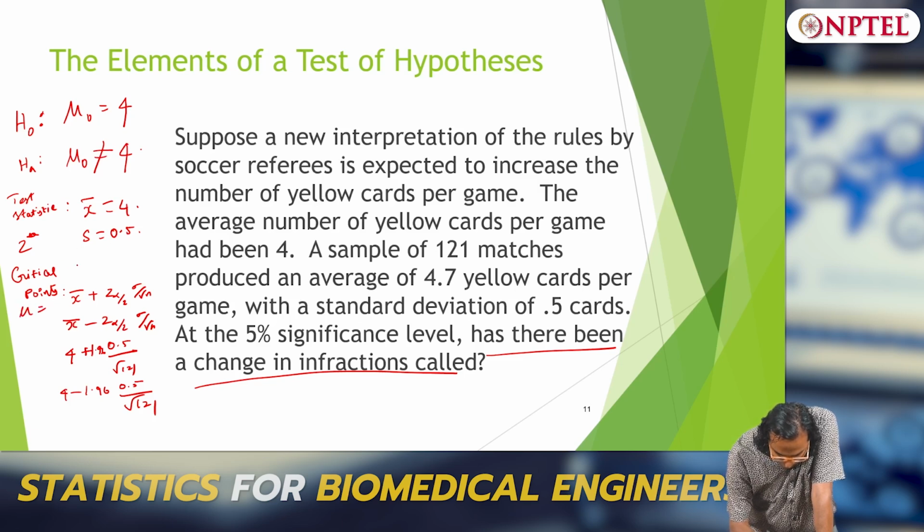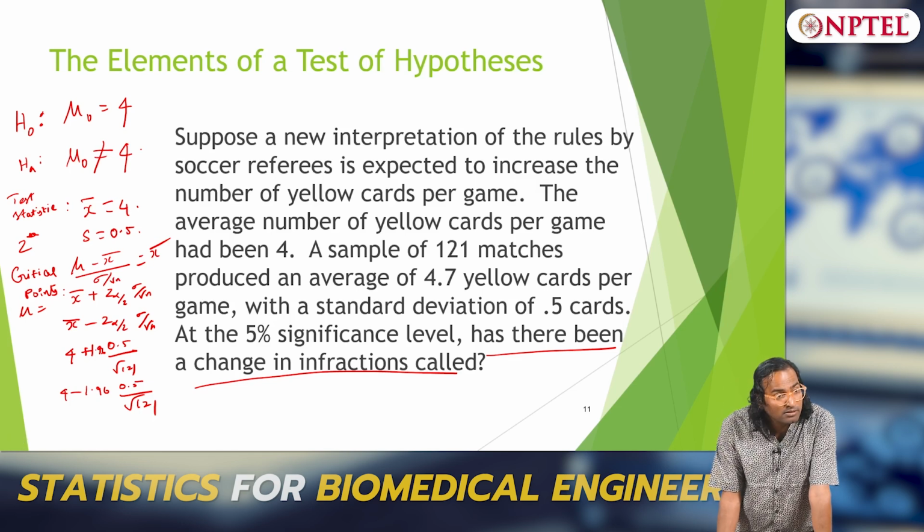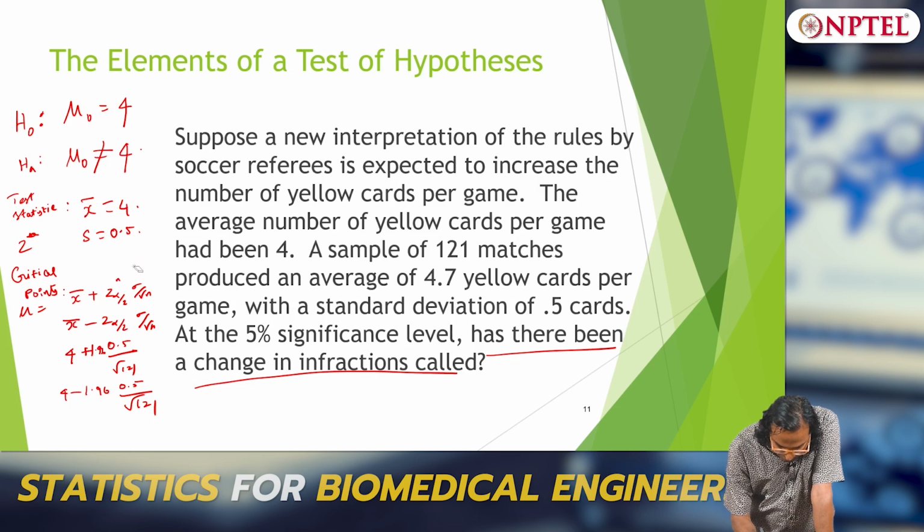So what do we do? Mu minus x bar by Z alpha by 2 into sigma by root n should be equal to x bar. What is it? Okay, because I will lose the continuity. You do not want to lose this continuity. So if you look at the critical points,